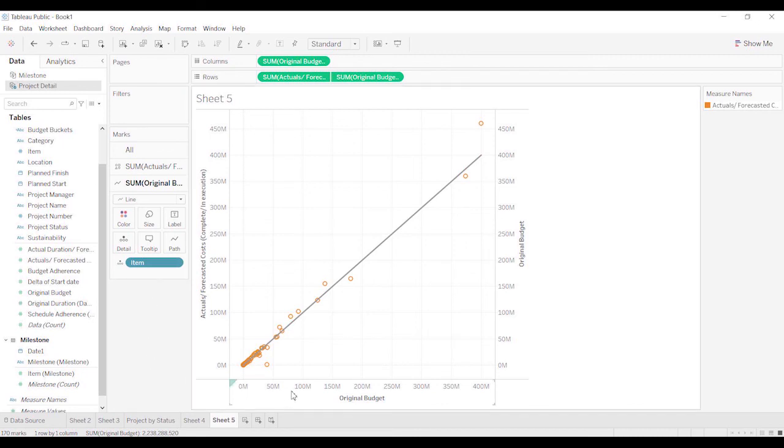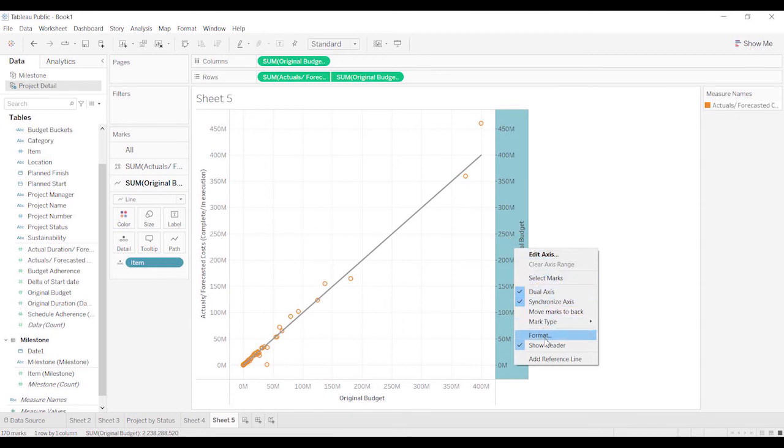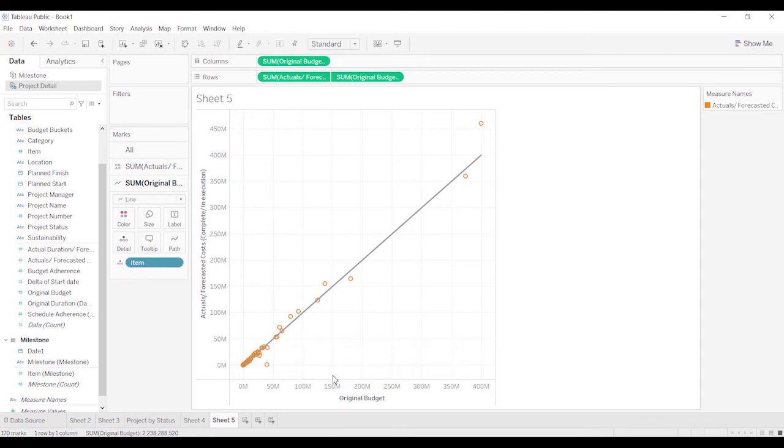So you can quickly tell, we'll hide this, I think. So you can quickly tell which projects are over and which ones are under. If the actual costs were $200 million, this is where it should be. So you can tell that this project is above the budget and this one is below, and you can quickly see